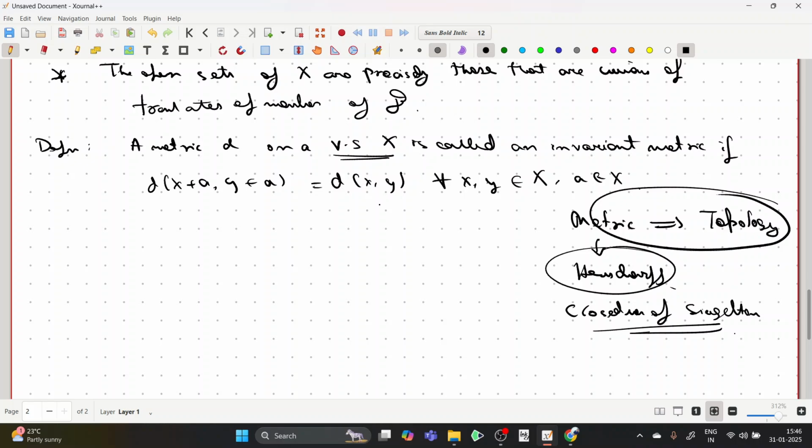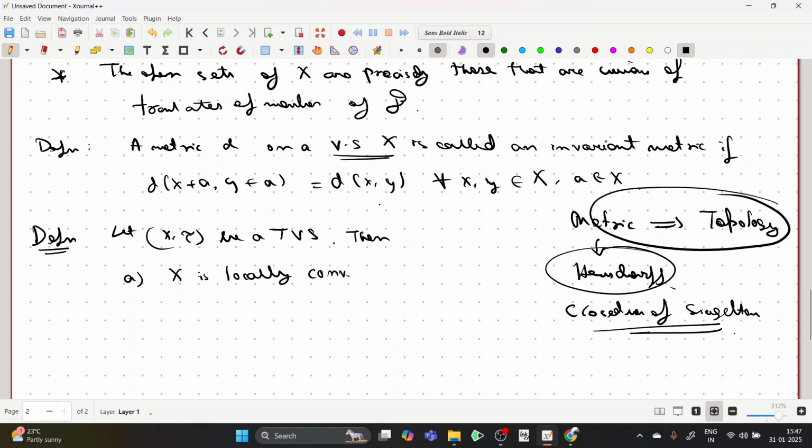So we end this lecture with a collection of definitions which we will be exploring in the near future. Let X, tau be a topological vector space. Then X is said to be locally convex if there exists